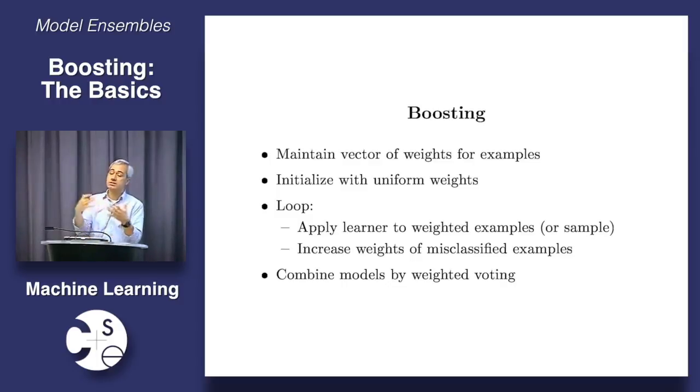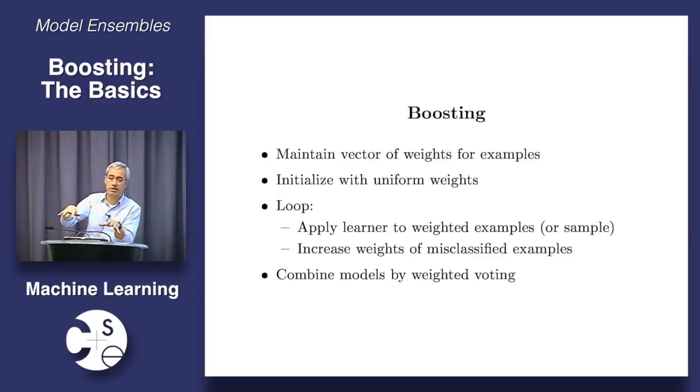I'm still going to, it's similar to bagging in that I generate different classifiers by learning on different variations of the training set. But now the variations of the training set are not random. They're designed. Because if you think about it, is that really the best thing that I can do in order to generate different classifiers, just randomly generate different training sets? How about after I've learned my first classifier, what I do is I cleverly perturb the data to learn a classifier that is good where the first one was bad.